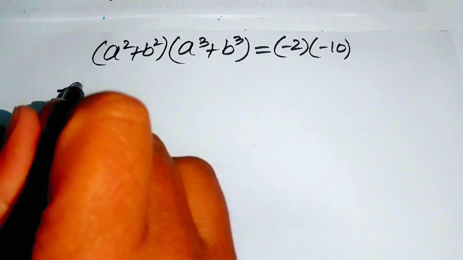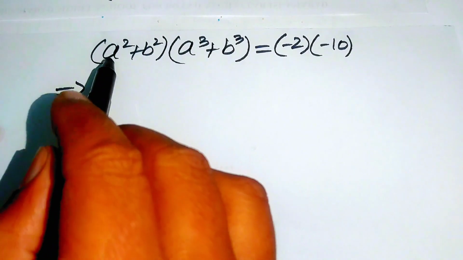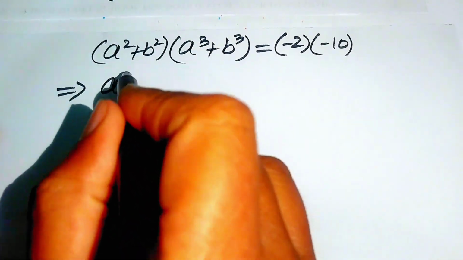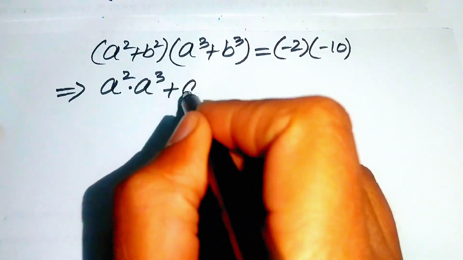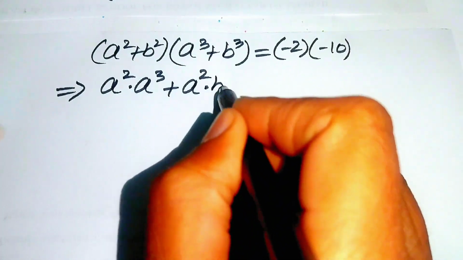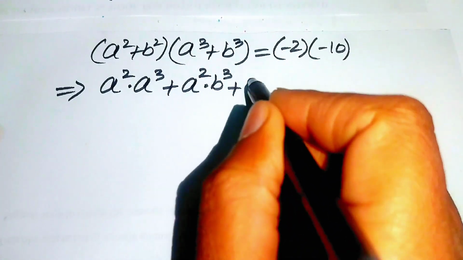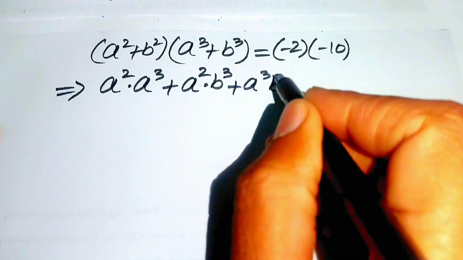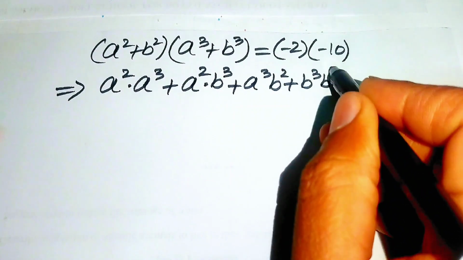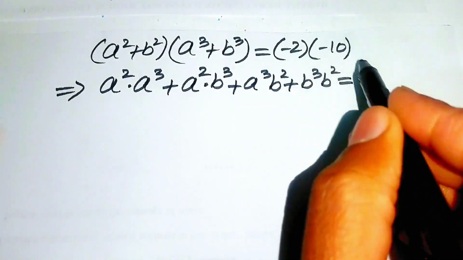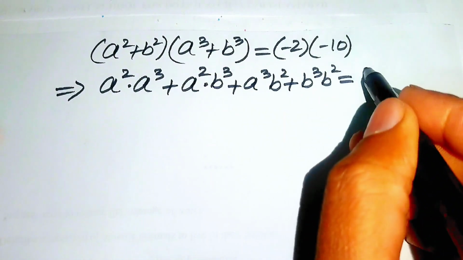First we multiply these two factors, and we multiply a square by a cubed. So you write it as a square times a cubed plus a square times b cubed, and a cubed times b square plus b cubed times b square equals minus 2 times minus 10, which becomes